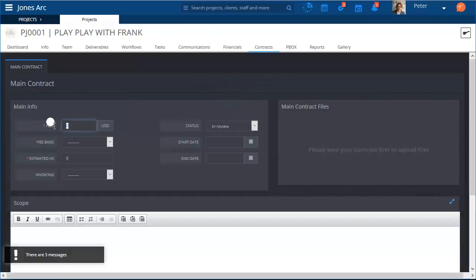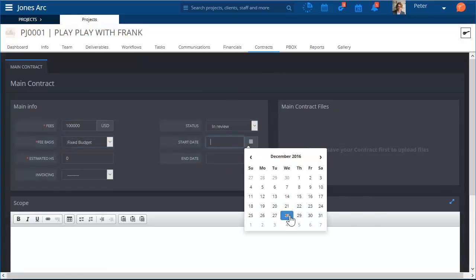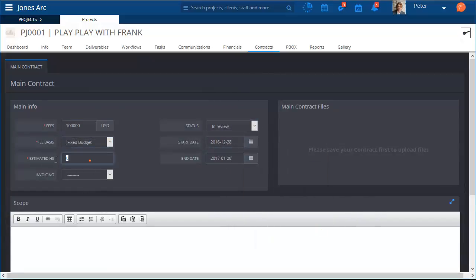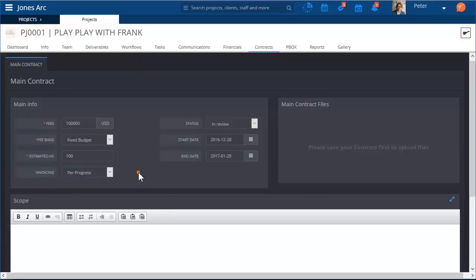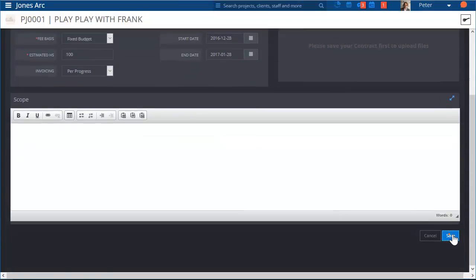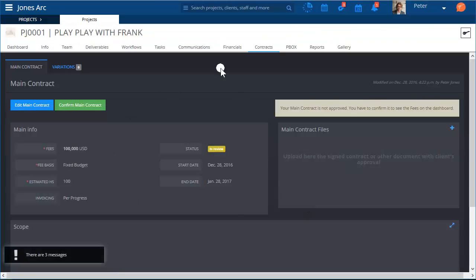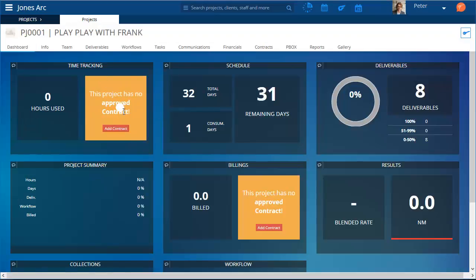The first thing you need to do is set up your contract details. This is a very important practice, so you always start knowing what are the parameters that will be the boundaries of your project. So you can set up the main information about the contract. We can add a contract file later,